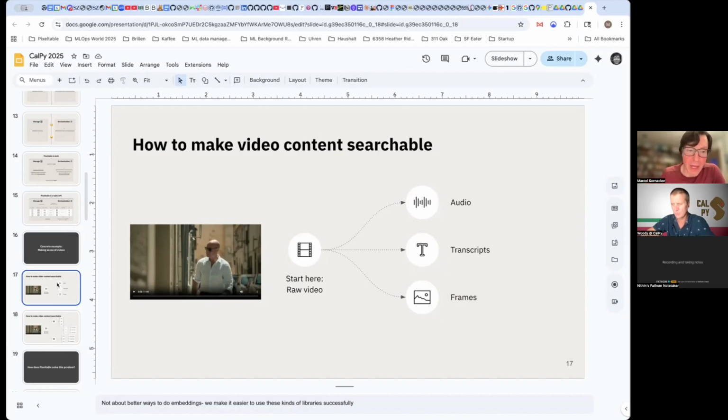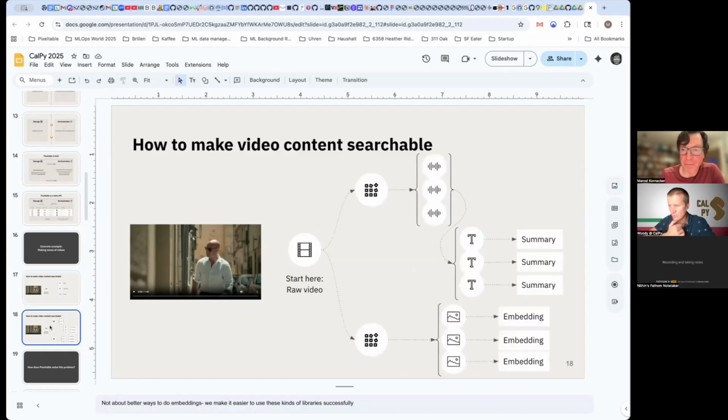So at the end of that, we should have basically a system that, given a video, is able to break it up into audio chunks, take the audio chunks and transcribe them, and then let's say summarize them or embed them, and also take the video and extract the frames, and then also get embeddings on that. So basically stringing together this somewhat complex pipeline so that at the end of it, you have a bunch of vector indices that you can then use for similarity search.